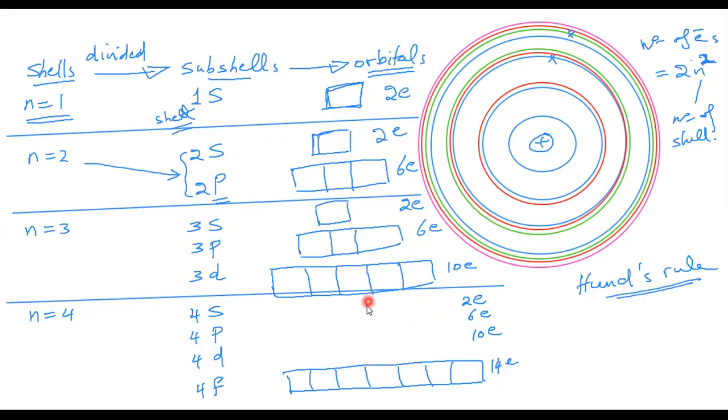Now, how are electrons filled? Are they filled in this order? No, they are not filled in this order. We do not fill 1s, then 2s, then 2p, then 3s, 3p, 3d, 4s, 4p. No, we have a different arrangement when electrons enter an atom. They enter, yes, in a sequence, but not especially this sequence. Of course, at the beginning, yes, but afterwards we will find that there are different arrangements. Now, what determines the arrangement of the electrons inside an atom was a scientist that is called Aufbau. So when we write the electronic